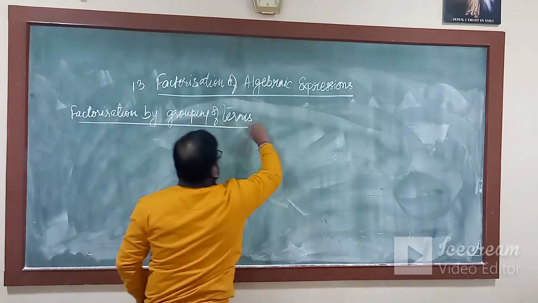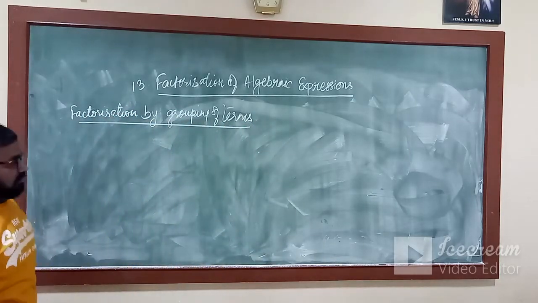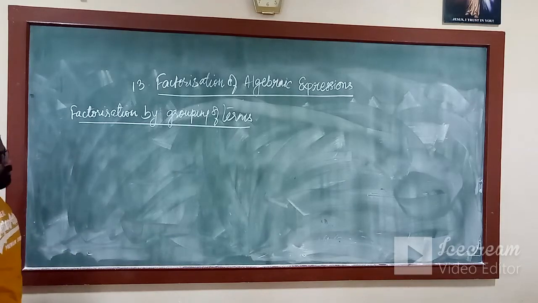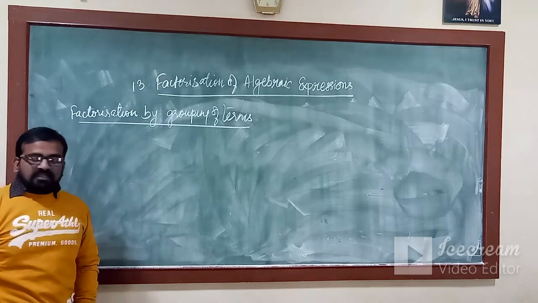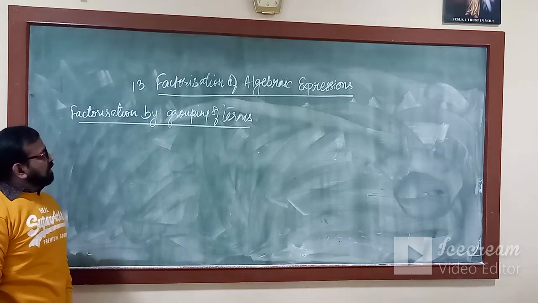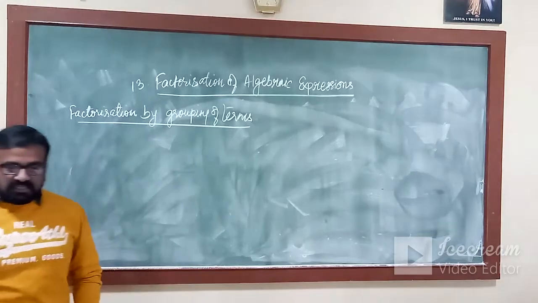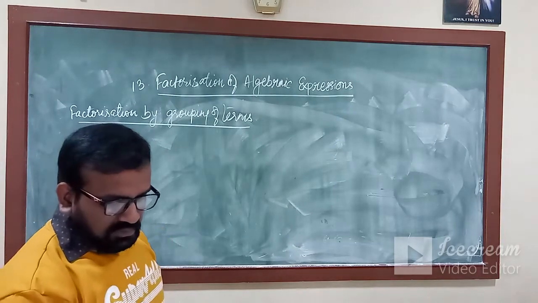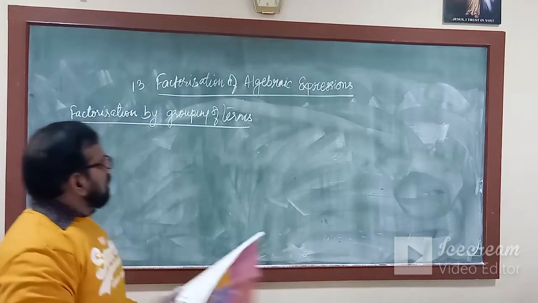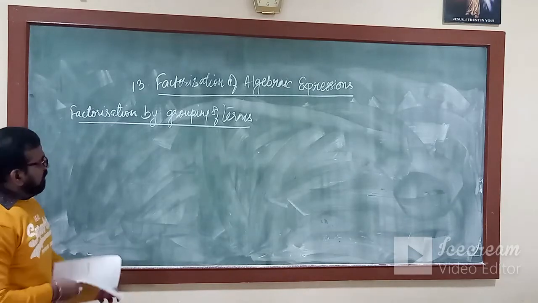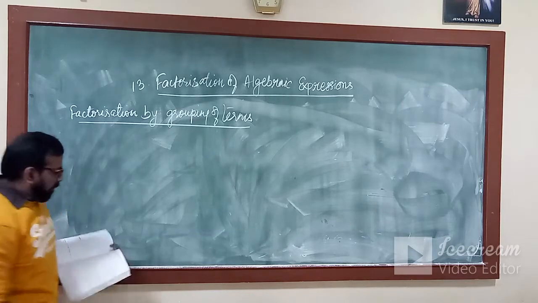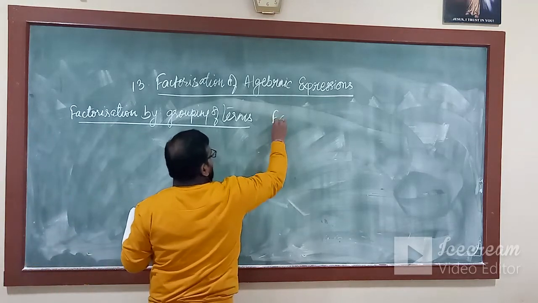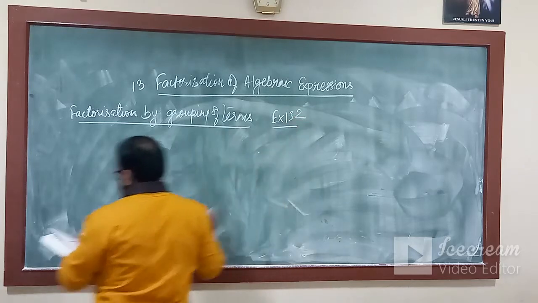Now, in the previous exercise we have seen we are able to take out the terms which are common by taking the HCF of the literals as well as the HCF of the numerical coefficients. Now in this method we will factorize the expression by grouping of the terms where we cannot solve the expression by taking out the common term. For example, let's see a question,